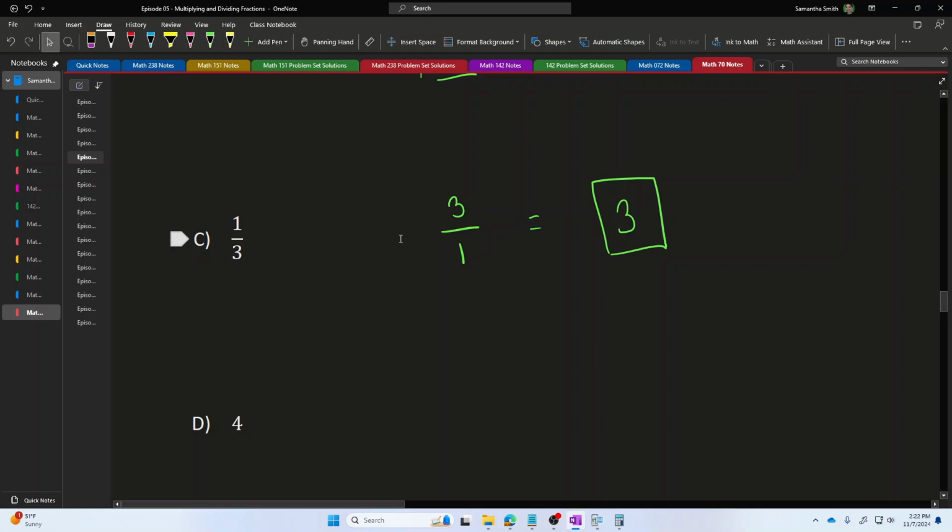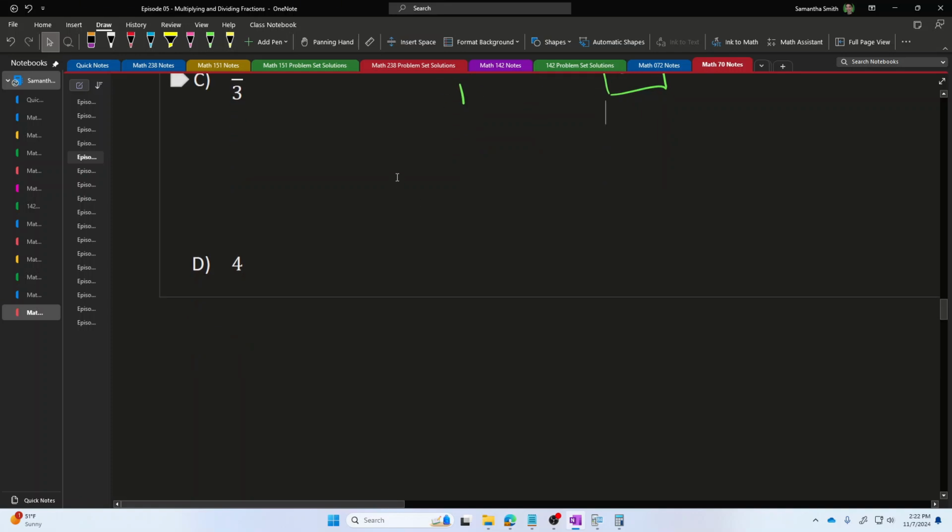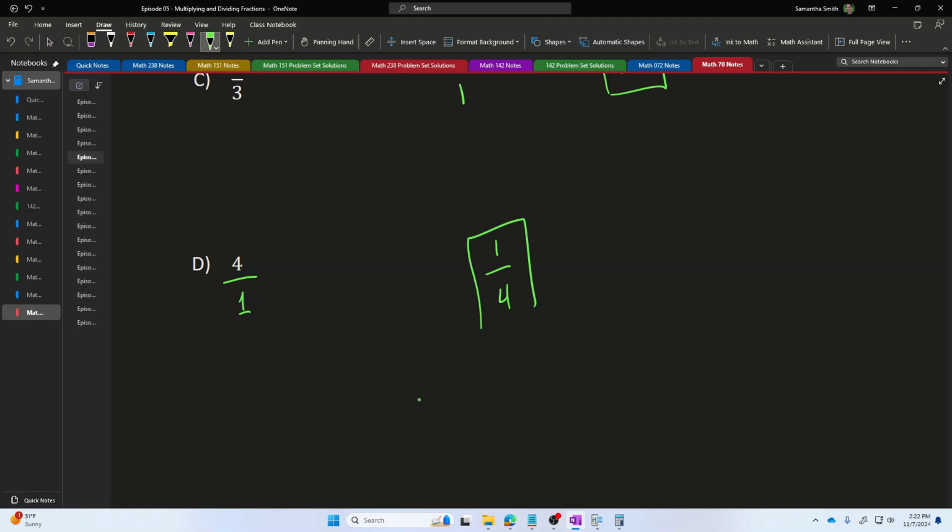And someone says to me, what's the reciprocal of 4? Well, this does not look like a fraction right now, right? But remember that we can take whole numbers and rewrite them as fractions just by thinking about that as 4 over 1. Now, to get the reciprocal, all I have to do is flip that upside down, and I get 1 over 4. 1 over 4 is the reciprocal of 4.